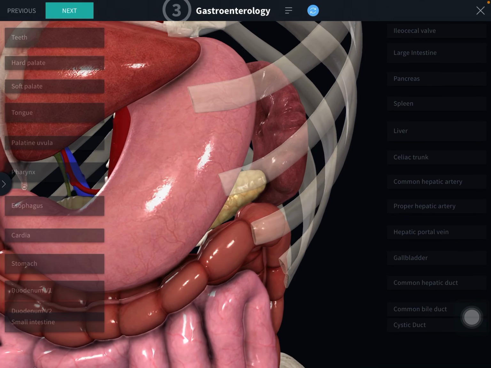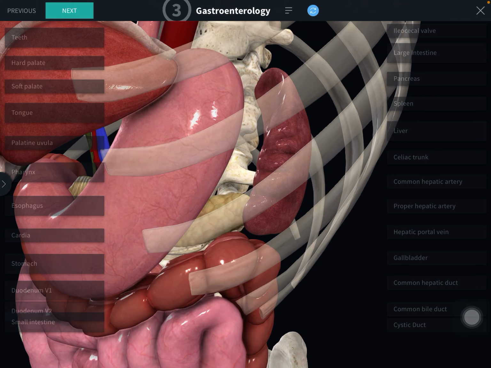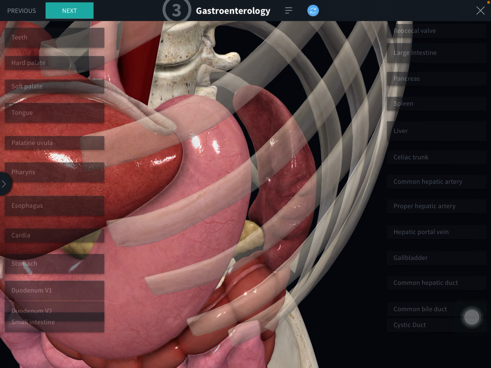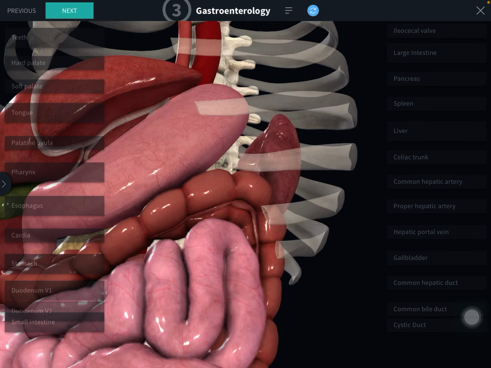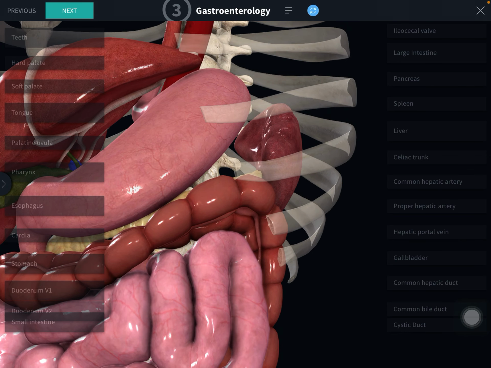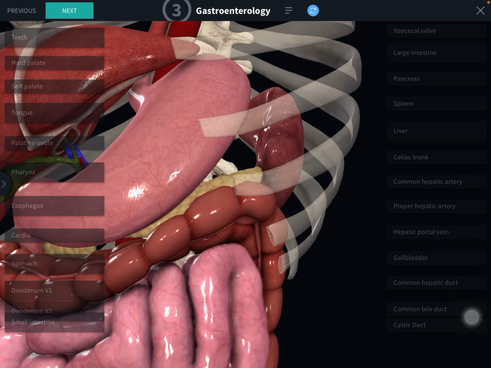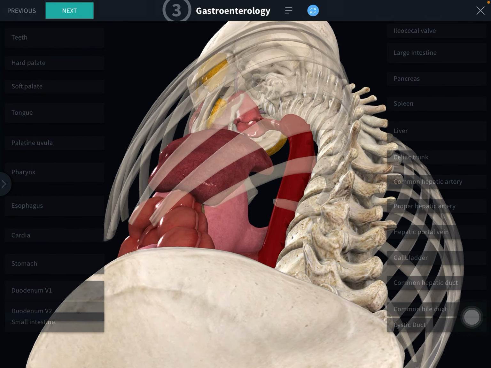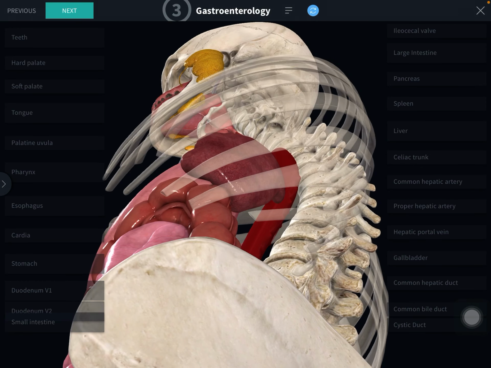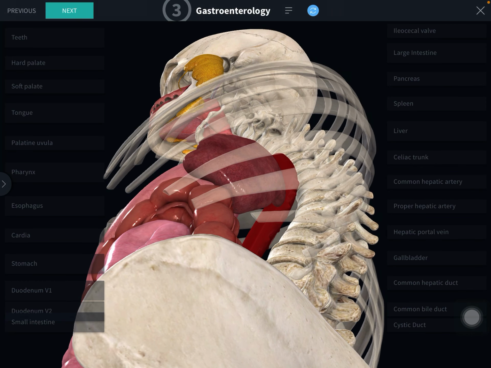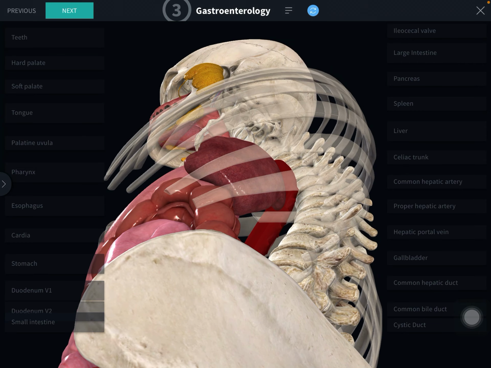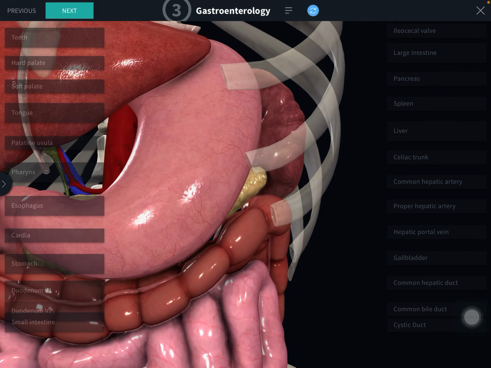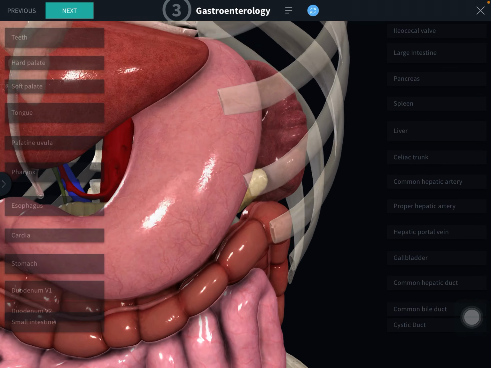So now we will see the presenting parts. Spleen presents two ends, medial and lateral. So this is the medial end and this is the lateral end of the spleen. Two borders: this is the superior border and this is the inferior border. Two angles: these are the two angles, anterior basal and posterior basal angle. And two surfaces: this is the diaphragmatic surface and this is the visceral surface. So we will see one by one.